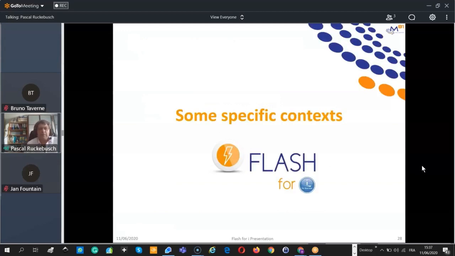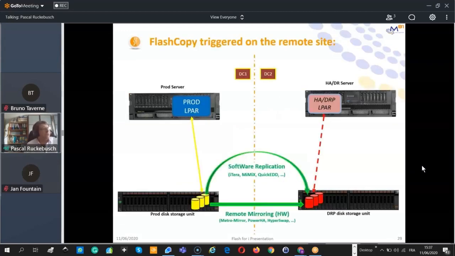Okay, let's have a look at some specific context. Many people have a DR solution or an HA solution. So there's data center 1 and data center 2. You have your production system here in data center 1 and a replication to the same structure with a hardware replication or software replication. And you have there a sleeping partition, if that's hardware, or a waiting partition, if that's software. So this is a usual